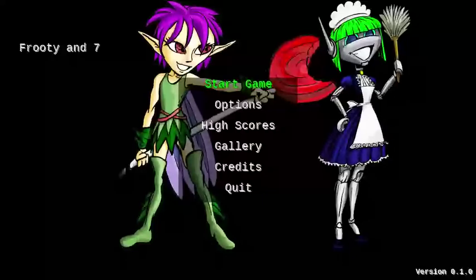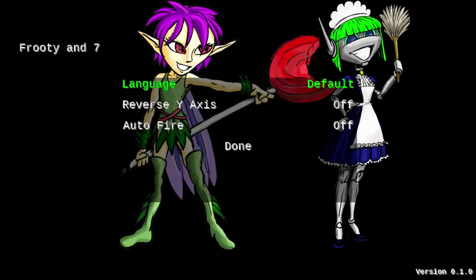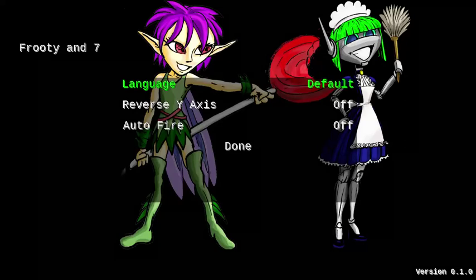But one thing I did want to show off right away is this. Language. So internationalization is a topic that I've been interested in for a very long time, and I've really wanted to do a game that does this and does it properly. A lot of game programmers, for some reason, have this attitude that games are special and don't need to follow the rules that other programs do. And that's an opinion that I 100% reject. I believe that games should be good citizens just like any other program and should follow the rules of the operating system and work the way that things are intended to work.